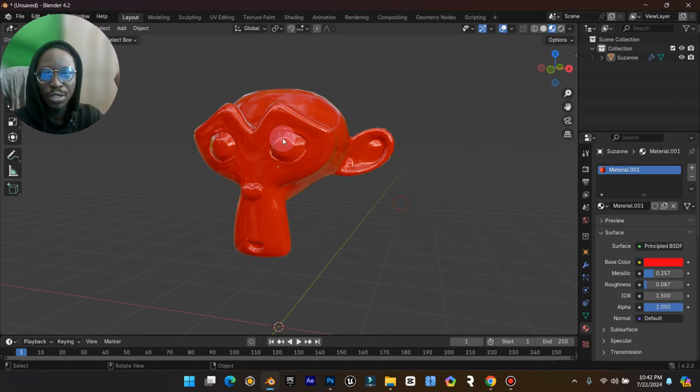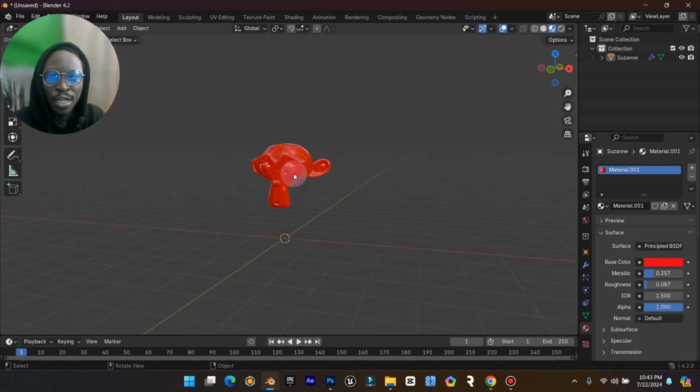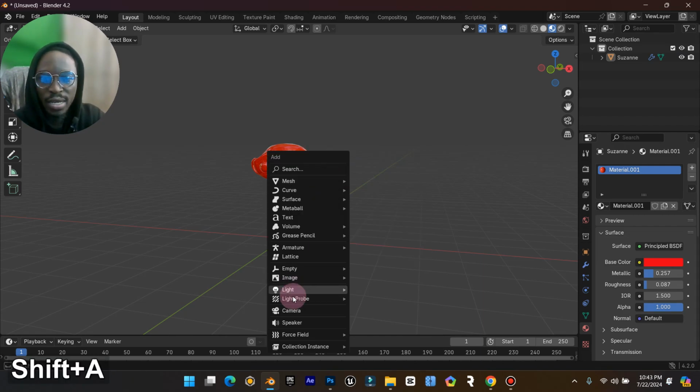So let's say we have a model. This could be your shoe. You've modeled a shoe, a character or anything, but you want to do a very simple basic camera motion around it, right? So this is our model. It's called Susan. Now the next thing you want to do is bring in your camera, Shift A and click